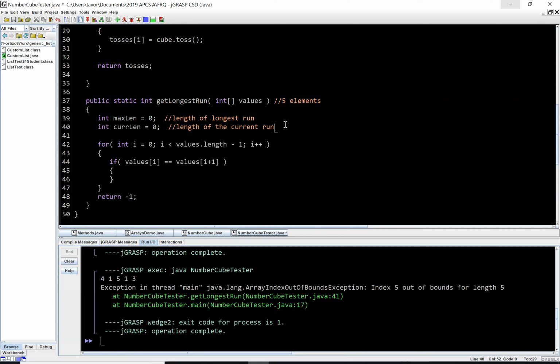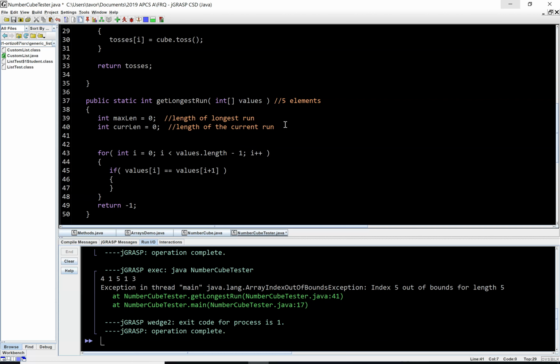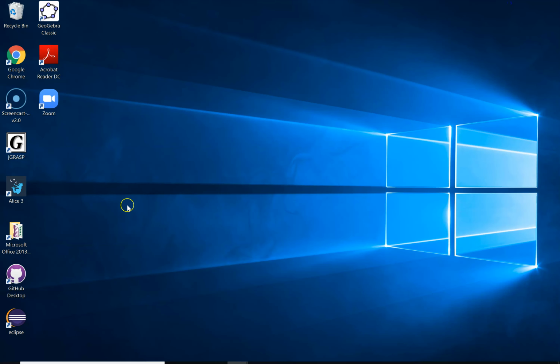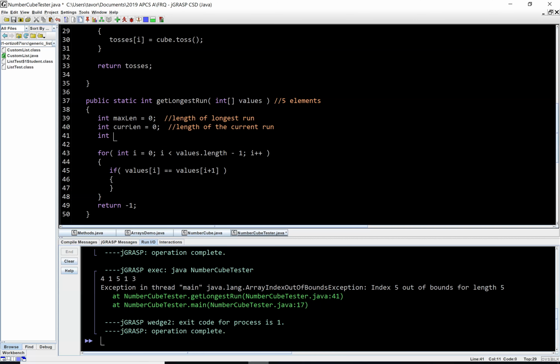Current run. And then I want also to be able to make a variable, an integer variable that stores where a run starts. And so, right here, for example,